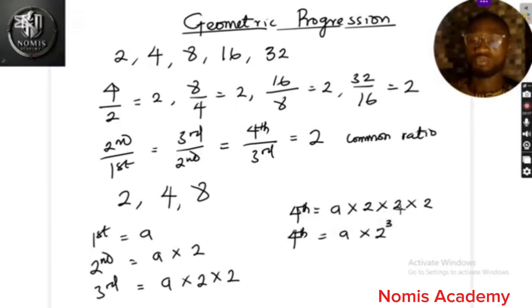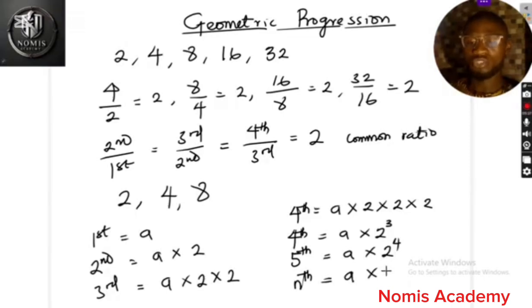Wow, 2 times 2 times 2, that's 2 raised to the power of 3, the fourth term. So if I check the fifth term, definitely the fifth term will be A multiplied by 2 raised to the power of 4. So that tells us that the nth term of a GP is equal to the first term multiplied by the